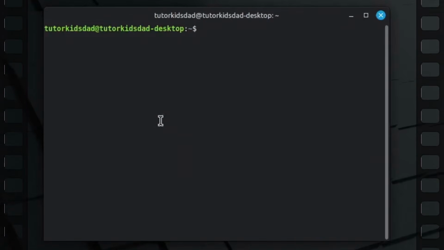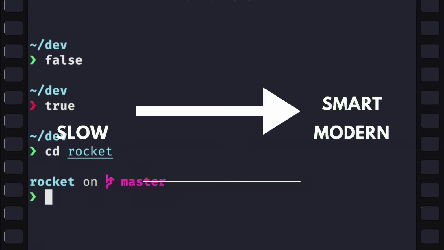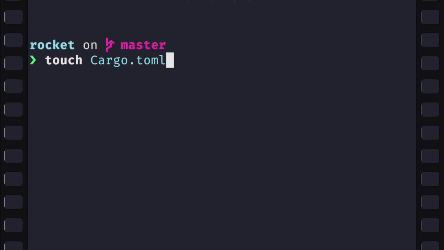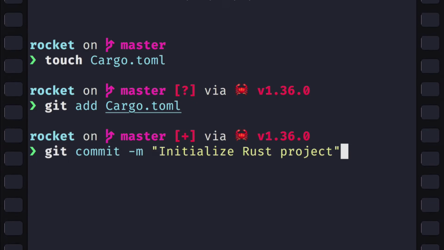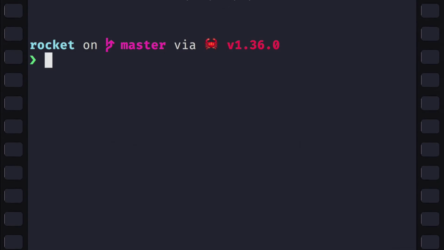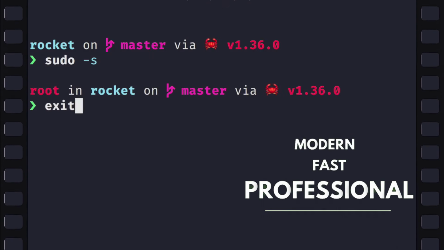If you feel that the default Linux Mint terminal looks boring, feels slow, or if you wish the terminal would give smart auto suggestions like a modern IDE while typing commands, then this video is for you. Today we are going to turn the terminal into something clean, modern, fast and professional, without heavy themes and without